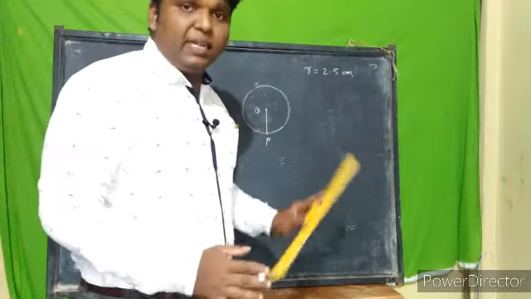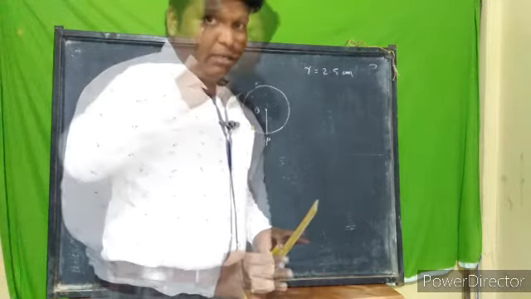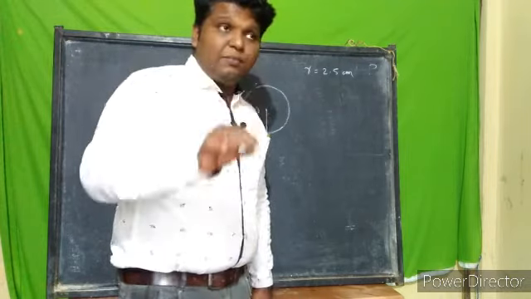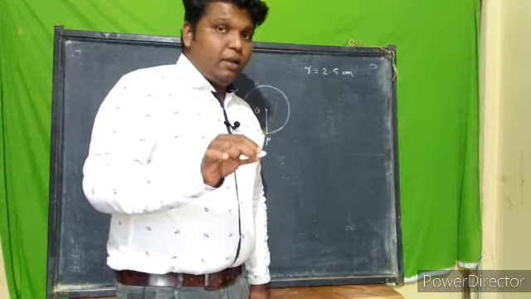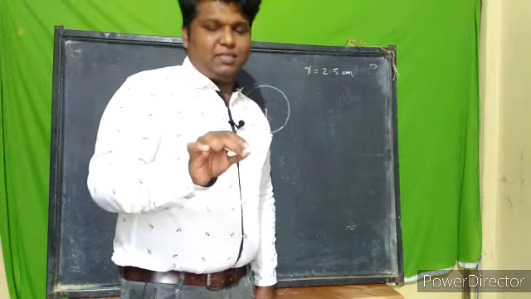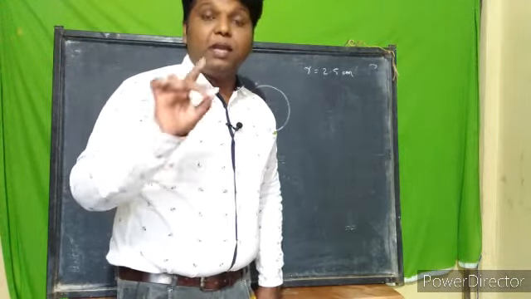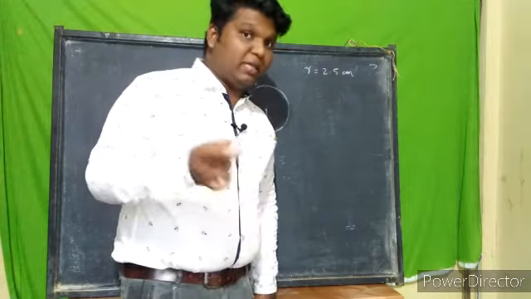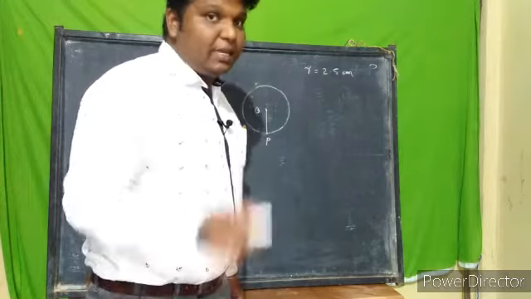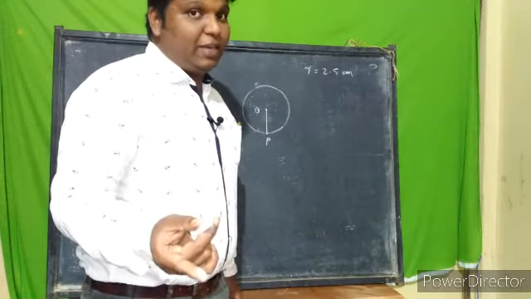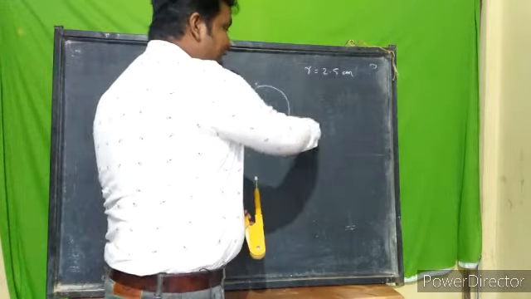What do you know about the theory of tangent? You know this theory very perfectly, that if you are drawing a tangent to a circle, and if you are drawing a radius to the point of intersection of the tangent and the circle, that will become 90 degrees, right? It becomes perpendicular to each other. That's the theory which we have studied. So normally here, if we are drawing a 90 degree, that will definitely be a tangent. So here we are going to make a 90 degree.